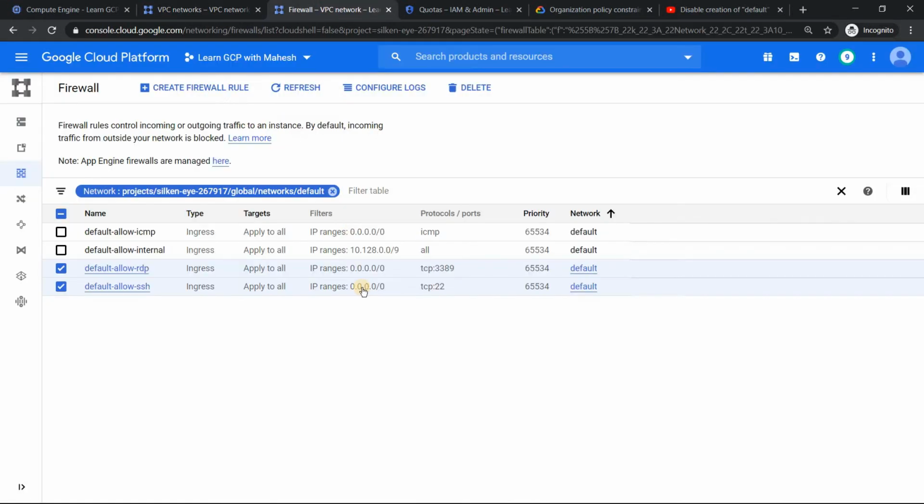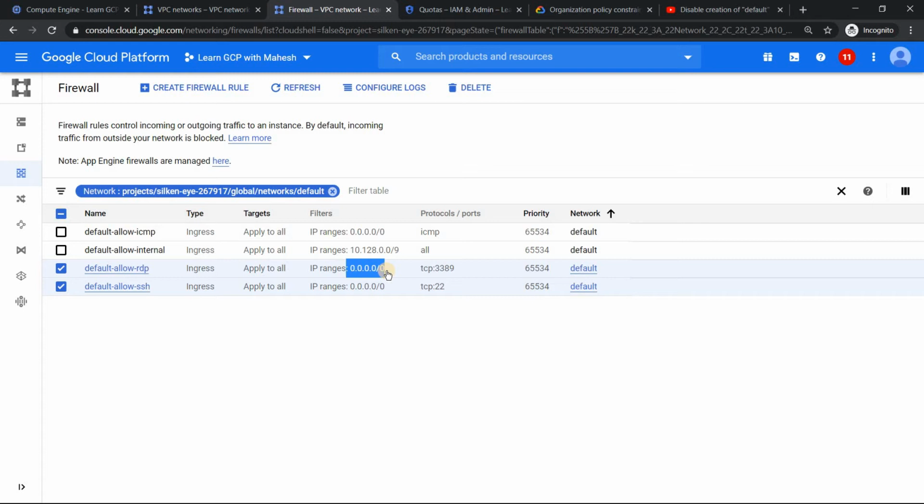Second reason is the most important thing, I would say. When you create a default VPC, you don't create it, Google creates it for you. When the VPC is created, automatically 6 firewall rules are created. And you may say, I only see 4. The 2 are implicit firewall rules, which are deny all incoming traffic, allow all outgoing traffic. That is implicit, you cannot delete it. So these are for the remaining 4 firewall rules which you see, and in those 4 firewall rules, the ones which I've highlighted allow SSH for Linux machines, allow RDP for Windows machines. You see this?